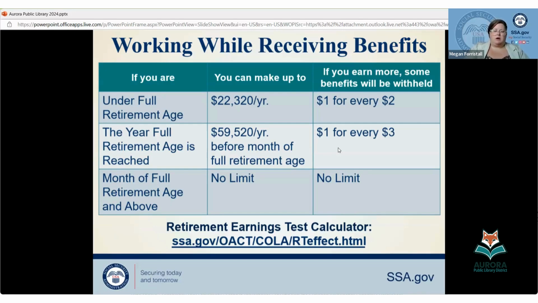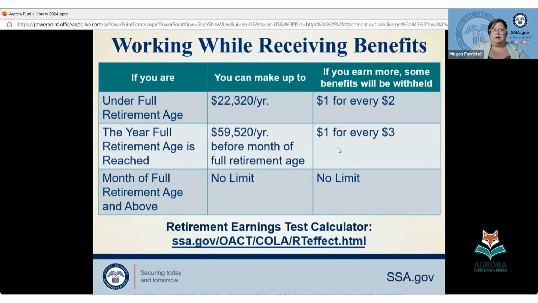So let's talk about how this works in real life, because there are a lot of different misconceptions about working and receiving benefits that I hear when people are contacting the office. If you're over the limit for earnings, we're going to ask you for those estimates when you file, and we're going to ask you to continue to report your work estimate yearly if you're going to be under your full retirement age going into the next year or the year after. And we will hold checks if you're over this limit. We hold $1 for every two.